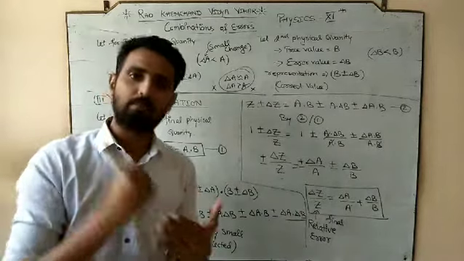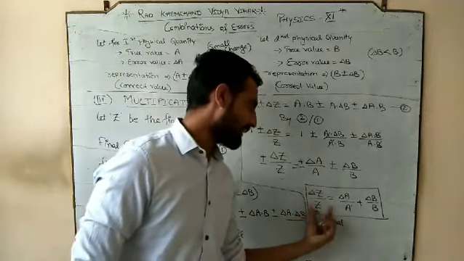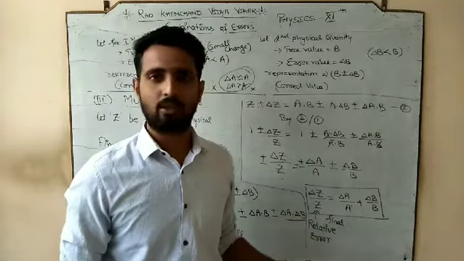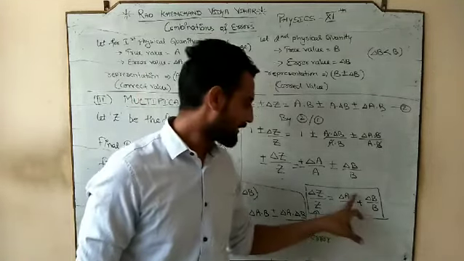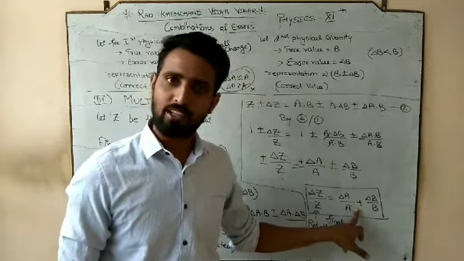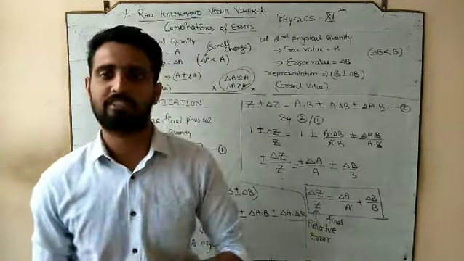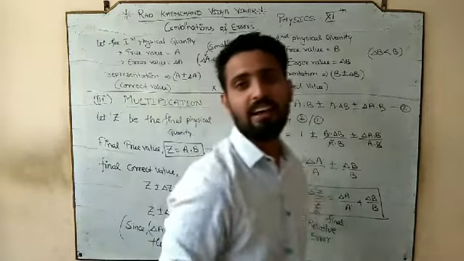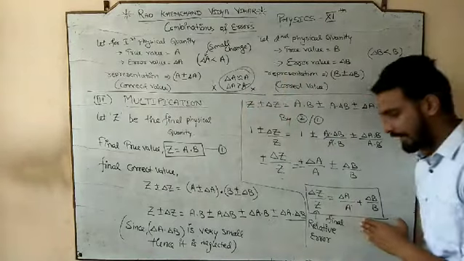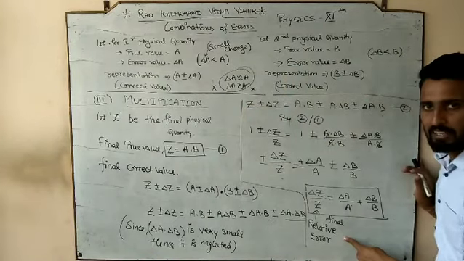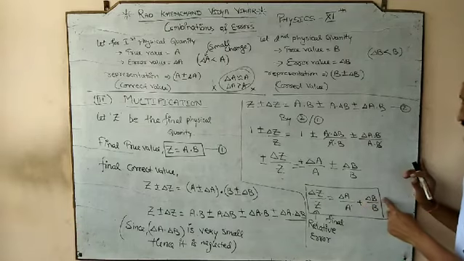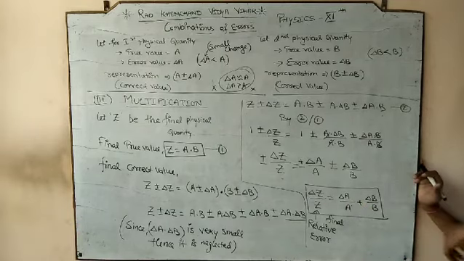Relative error means the comparison. So the final error to the true value is called the final relative error, and it is always equal to the error of the first to the true value of the first. So you can call it the relative error of the first plus the relative error of the second. So what is the final result in the multiplication that we got? Final relative error is always equal to the relative error of the first plus the relative error of the second plus the relative error of the next and next and next.